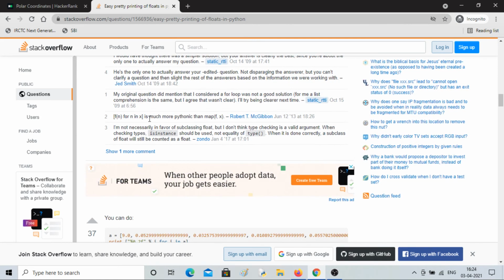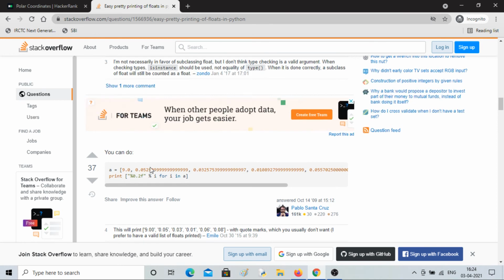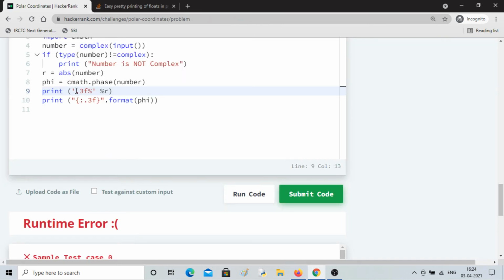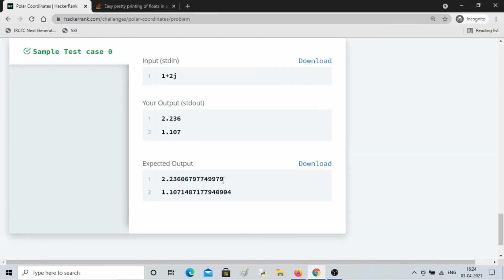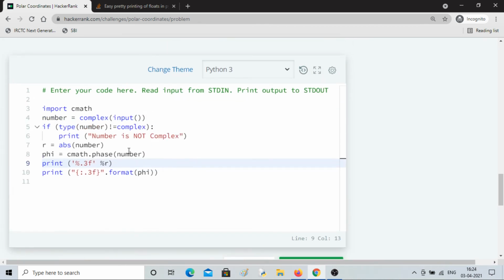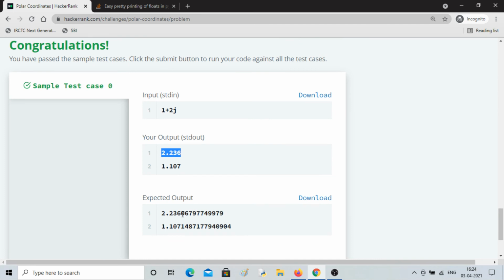Okay, percentage should come in the beginning. So here you can see that you are getting the same answer for R, but it is not correcting to 3 decimal places. It is only taking 3 decimal places.